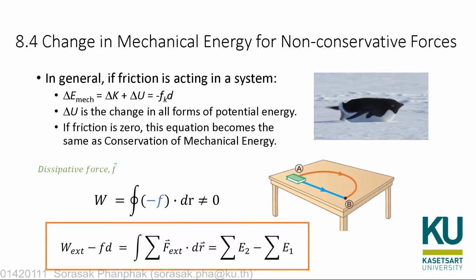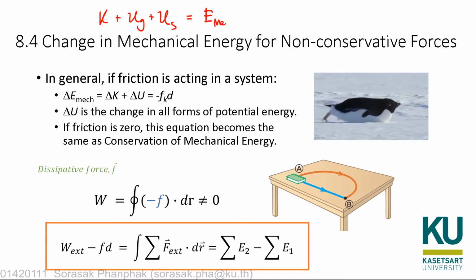From the previous session, we limited the mechanical energy to only the kinetic energies. So in this part, we are going to include all the mechanical energy: you already have the kinetic energy, the potential energy due to gravity, and also the spring potential energy, or elastic potential energy. These are called the mechanical energy. If we sum them up, we have the total energy that we consider,